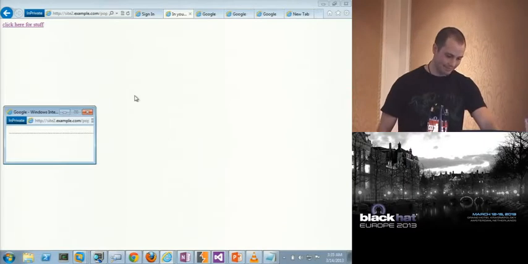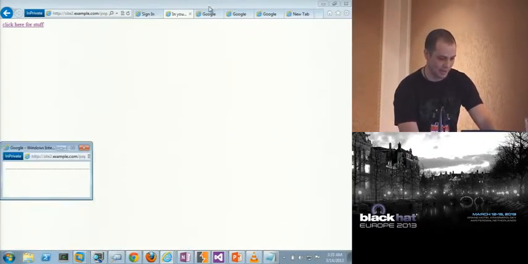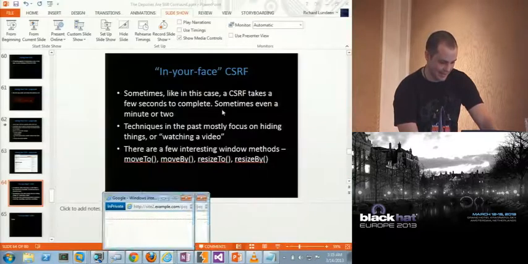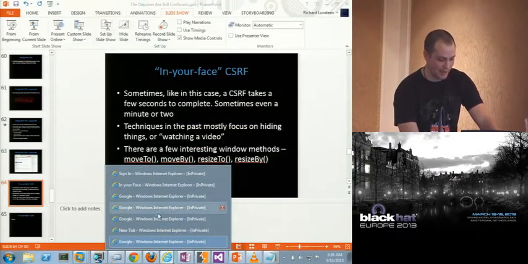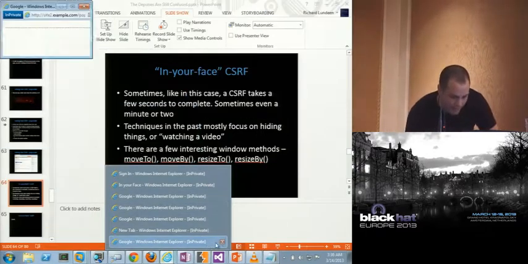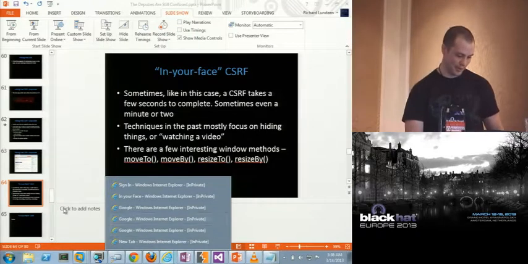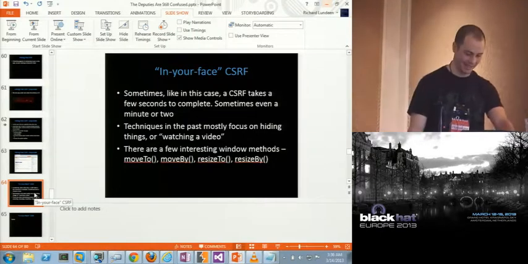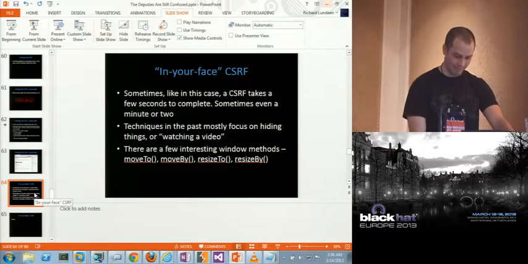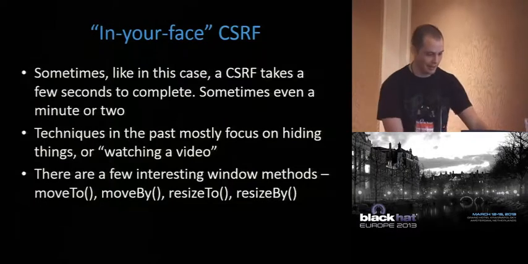Okay, so I thought that one was kind of fun. And you can't even really close it. If you click here, it just goes in the background. You can open more than one sometimes. And which window is it? They all look the same. I think it's this one? Yeah, okay, so we can close it that way. But for this Facebook attack, we only need like 4 seconds. So that'll take someone 4 seconds, right? So that's the in-your-face CSRF. I expect all CSRFs to be like that now.